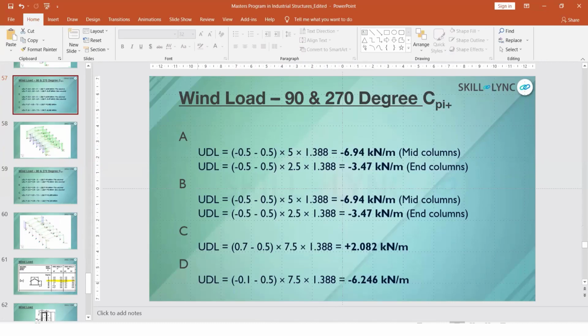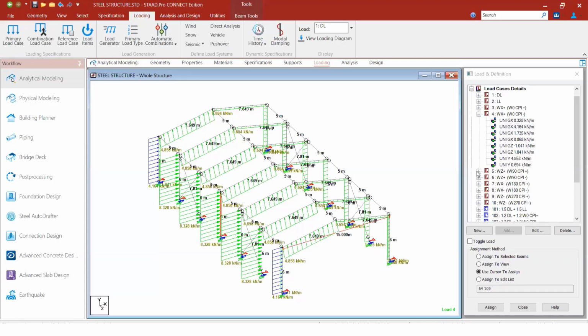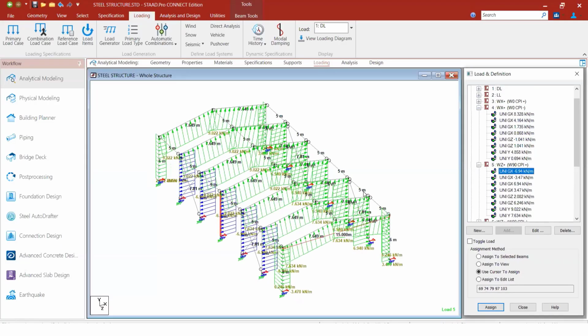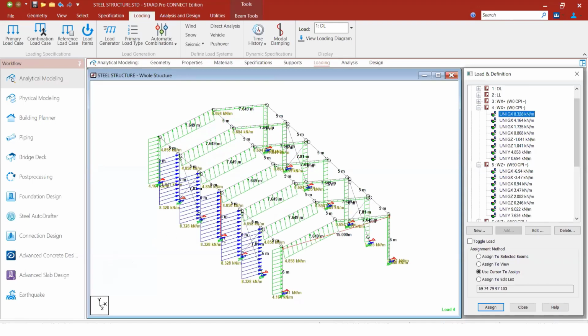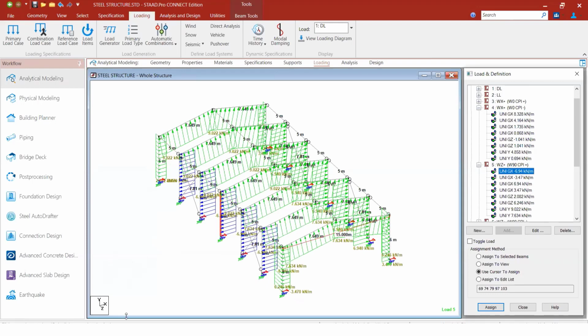So this is 6.94. Since it is a minus sign, I have applied it internally in the minus x direction. Now got it? Since everything was positive, I have applied it from here. Since it's minus, the value I got is 6.94, and I have applied it in the internal direction. Okay, got it?